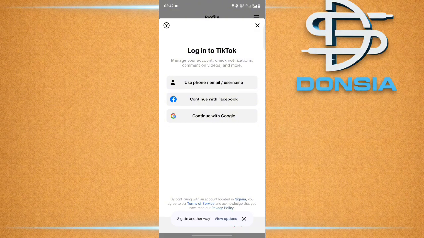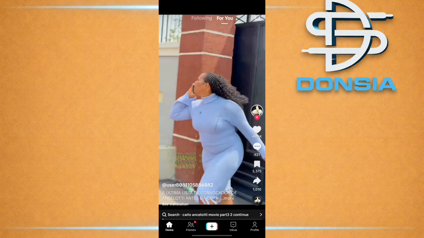So what you are going to do is, if you already have a TikTok account signed in on your phone, you are going to log out, or probably just clear the data storage of the TikTok app. Once you clear it, the app is going to be as fresh as new, as if you just installed it. Now after clearing the TikTok app, or logging out of your account, whichever one works for you,